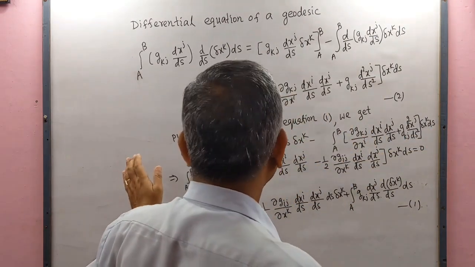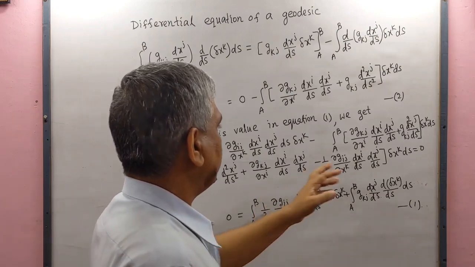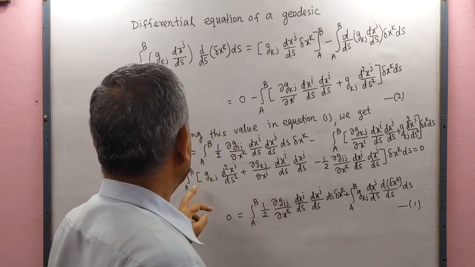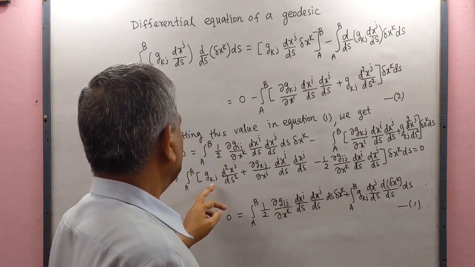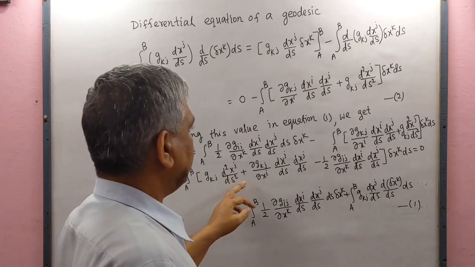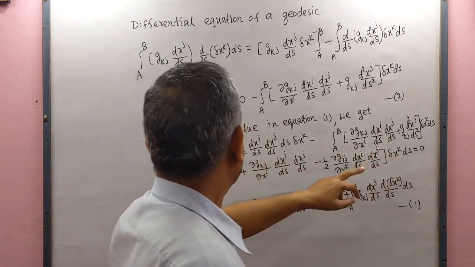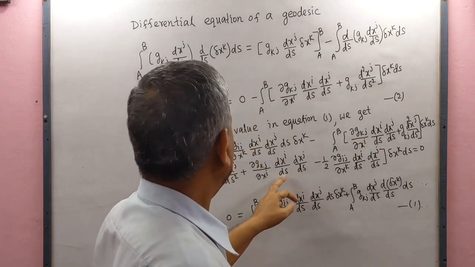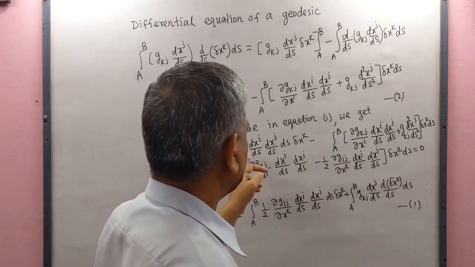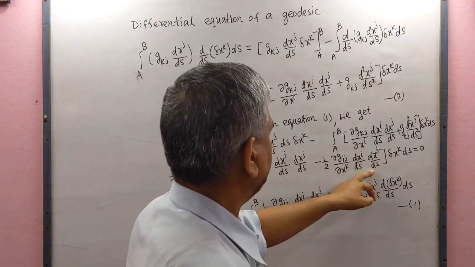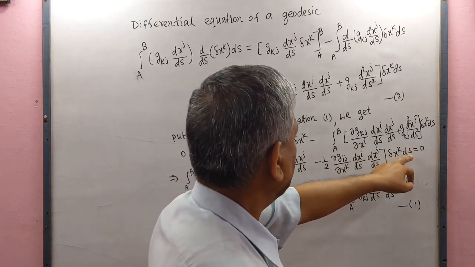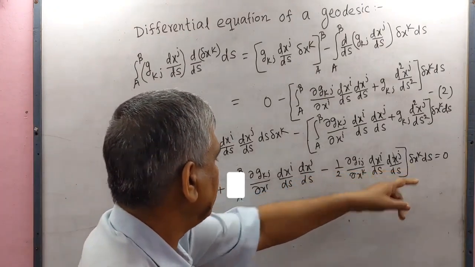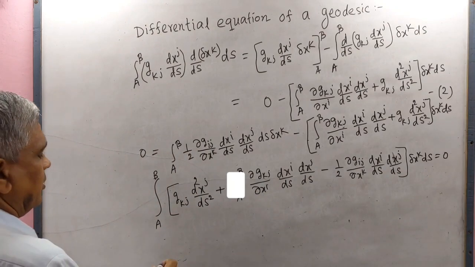Taking left side and taking common delta xk ds, we get integration a to b gkj d2xj by ds square, this term, and then this term, and lastly it becomes negative, this term, and delta xk ds equal to 0. And del xk is arbitrary, so we may write